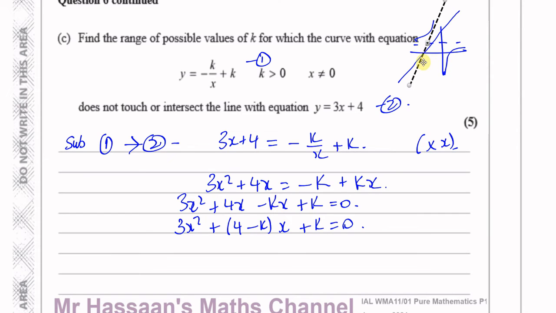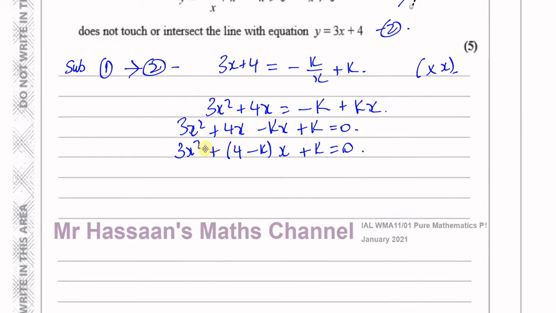We're trying to find the range of values of k for this curve, y equals minus k over x plus k, such that the line y equals 3x plus 4 will never touch or intersect with the curve. So what we need to think about is that the equation where I equated them should have no solutions. And if there are no solutions for this equation, we should know that the discriminant, which is given by b squared minus 4ac, has to be less than 0. When the discriminant of a quadratic equation is less than 0, it has no solution, because